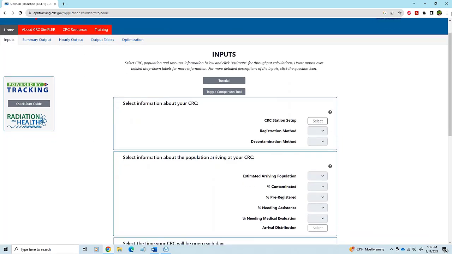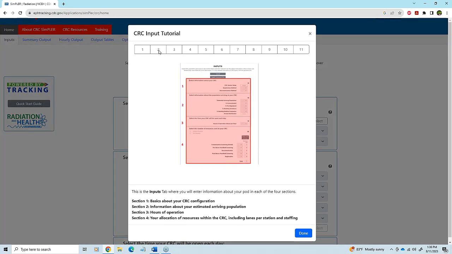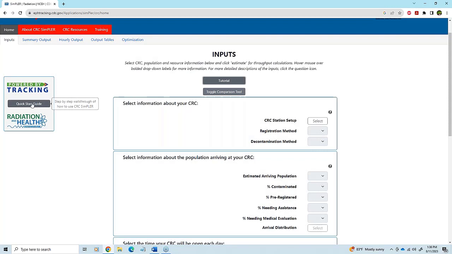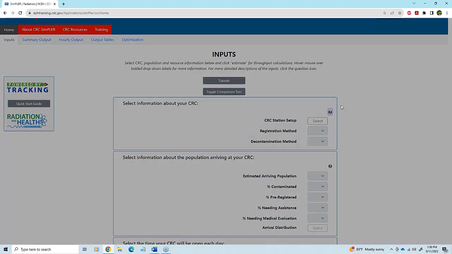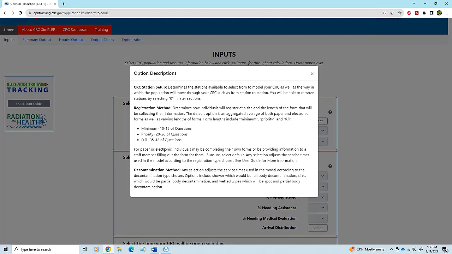And some really great things about Simpler are if you didn't feel like reading the user manual or you weren't attending a webinar, we actually have a click-through tutorial on the top of each of our pages. And so you can always click through that, and it actually steps you through how to use the tool or how to use the data on the output tabs. We also have that quick start guide as a quick reference on the tab, and we have tooltips embedded throughout. So we have hover tooltips. Those are quick tips. And then we also have these question marks that pop up with a lot more additional